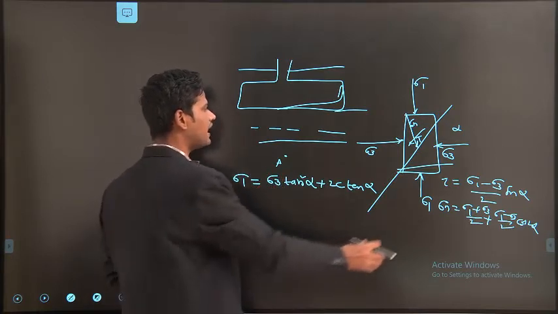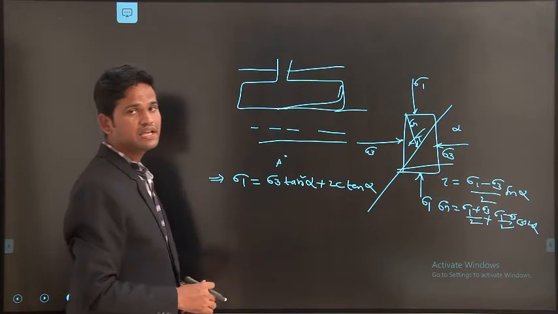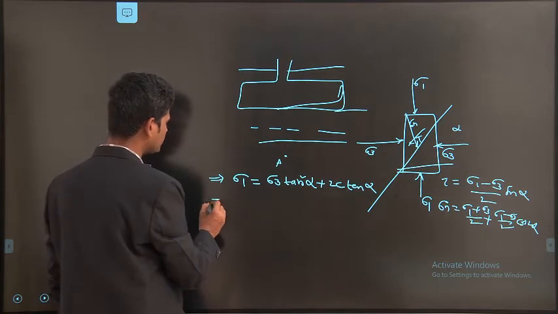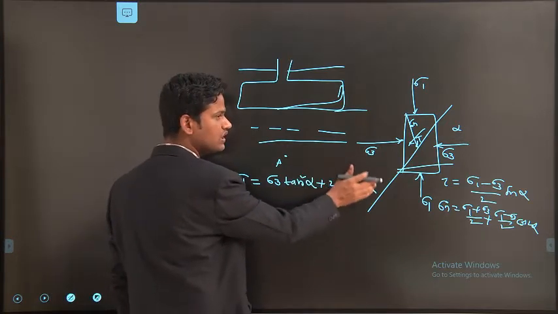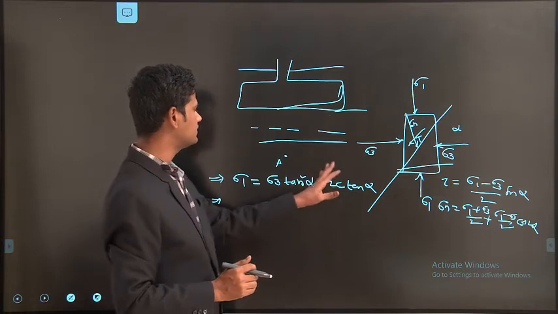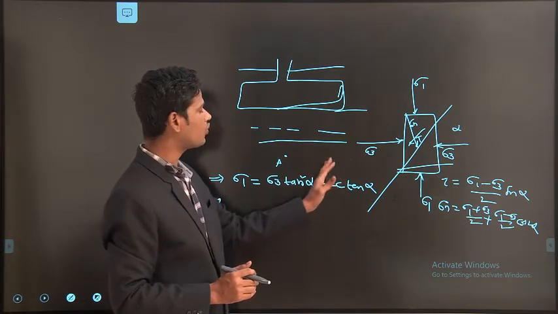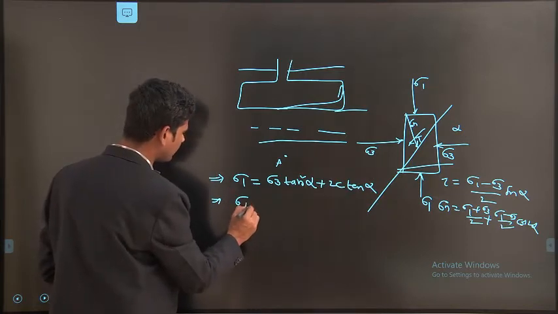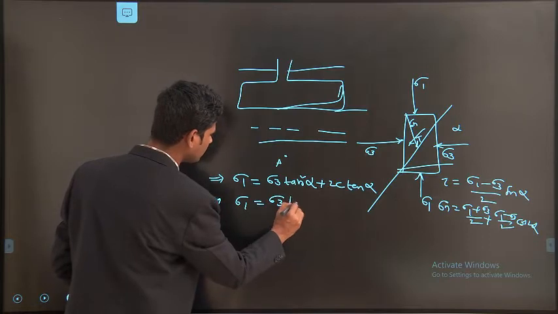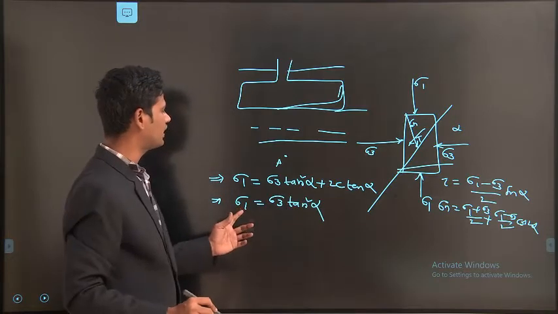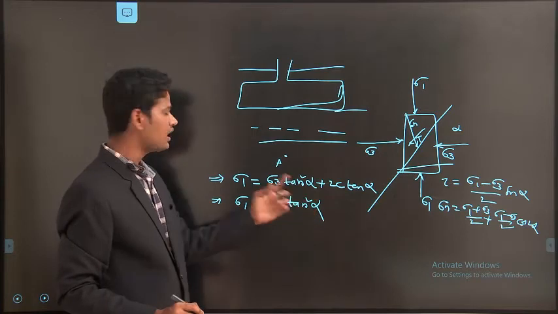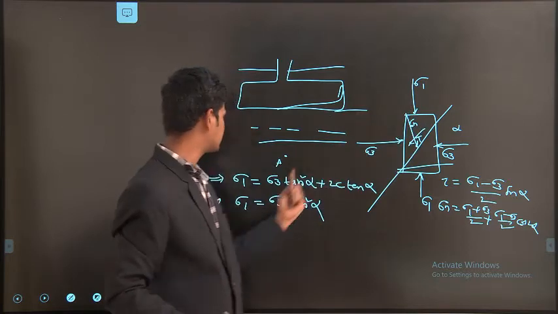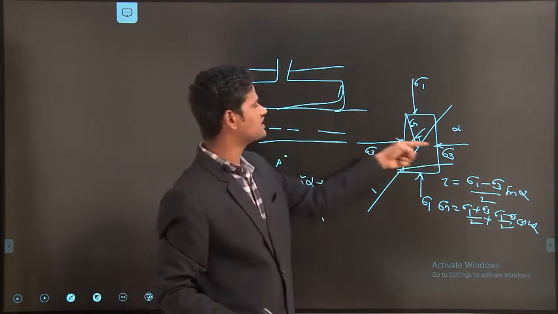In those conditions, the soil available here is a combination of both horizontal pressure and vertical pressure. Suppose I consider only dry soil; then the cohesion term is neglected, so you won't get 2c tan alpha. That means sigma 1 equals sigma 3 into tan square alpha, where sigma 1 is the major vertical principal stress and sigma 3 is the minor principal stress.